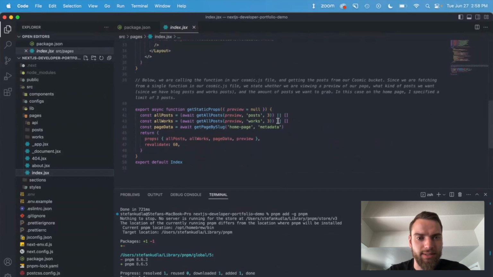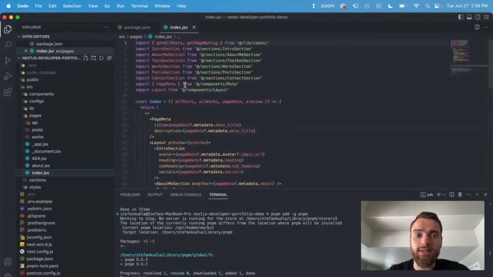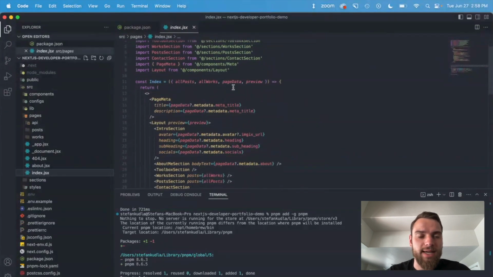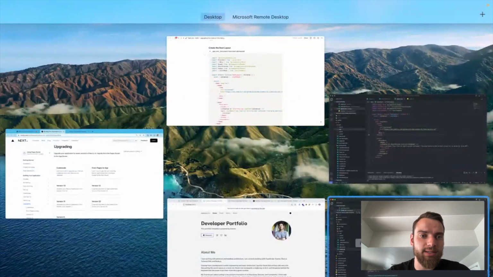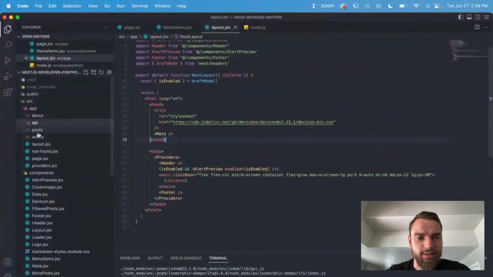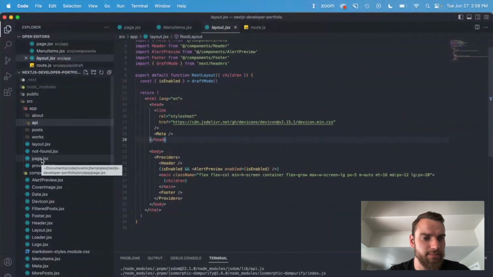So let's talk about the data fetching. Before, we would call getStaticProps, right? And we would return these props into the actual page function here, and then we would access those from the page. And now the difference being, if we go to the app router, and oh yeah, keep in mind,